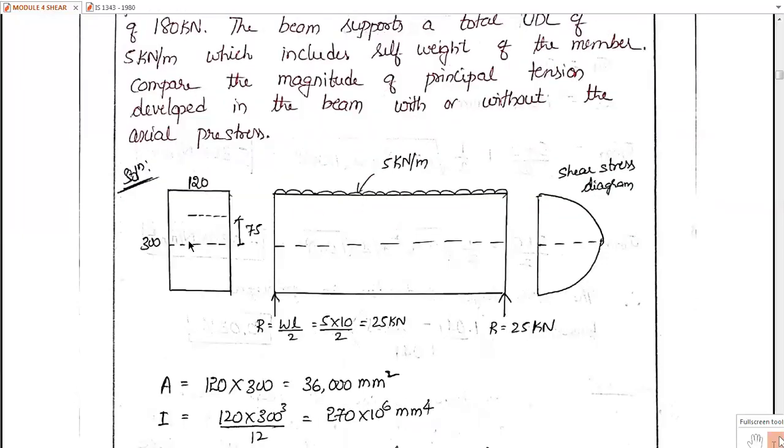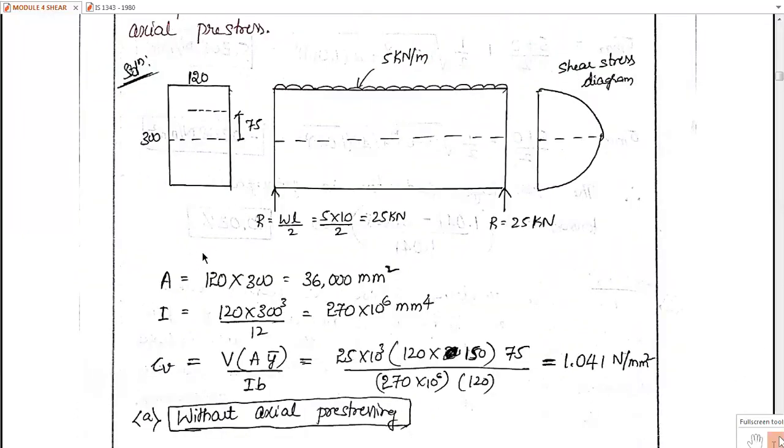For that, first you have to take this. This will be the variation of the shear stress along the cross section. At the neutral axis, it will be maximum. Here, while calculating the first moment of area, we need to take only half of the section. First, we will calculate the reactions here for the dead load as well as live load. Since in the data it is given that this 5 kN per meter is inclusive of the dead load, it implies that it includes the dead load. For this amount of load, what will be the reactions developed here? Those are the shear force at the sections.